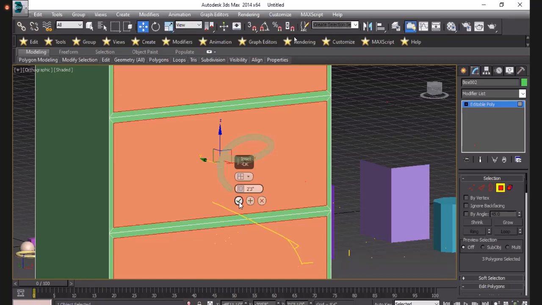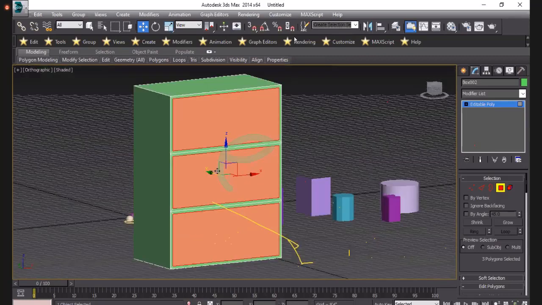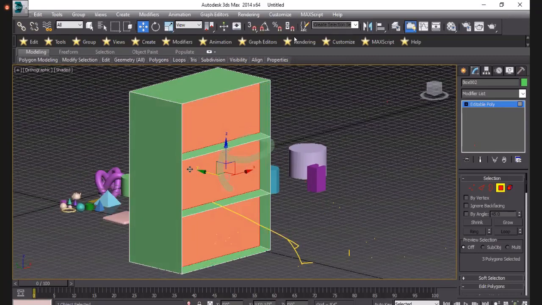I simply click on right and you will see there, I press the boxes on B side.